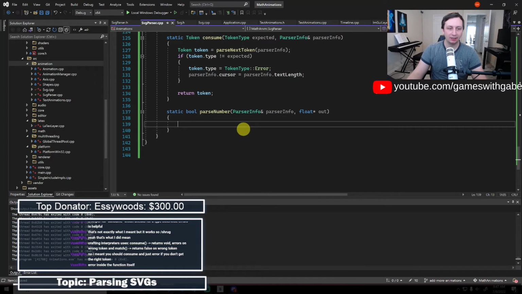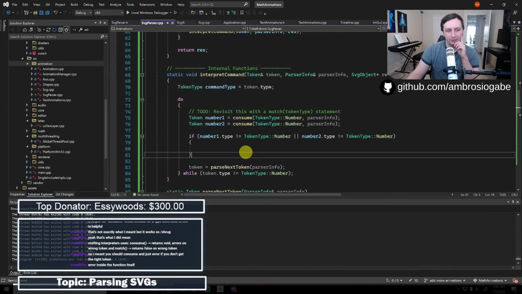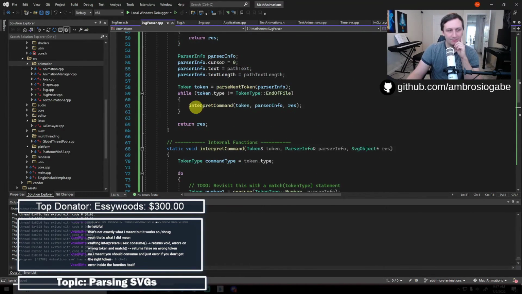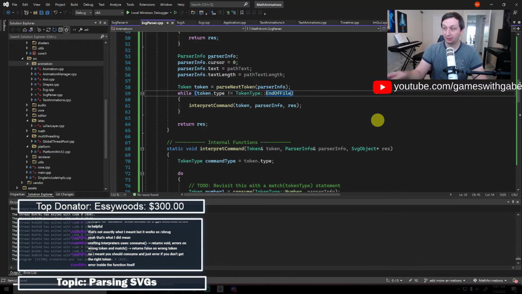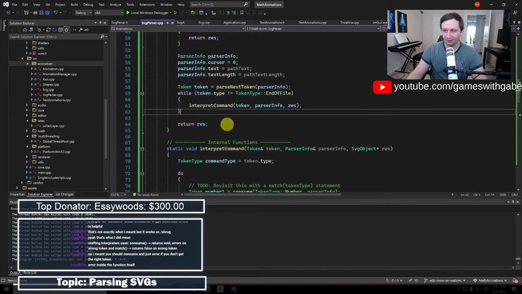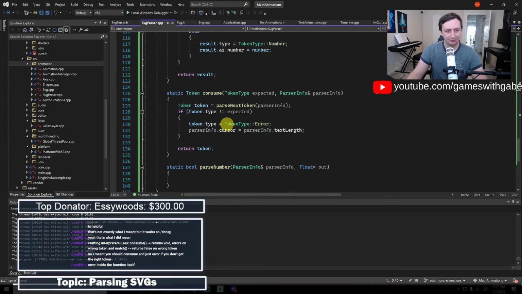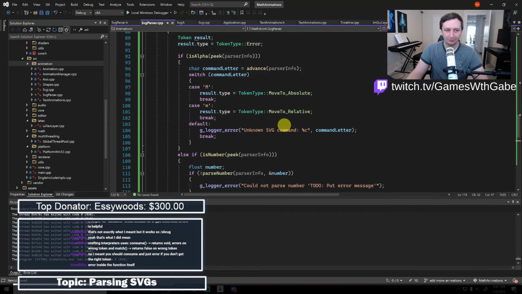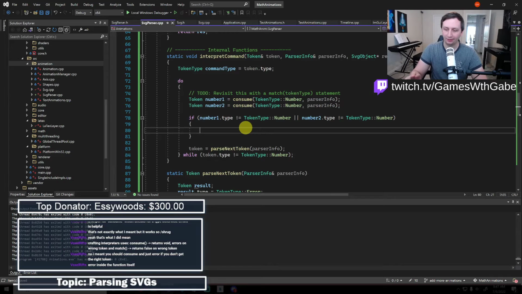Yeah, well, see, that's the thing. I don't want to, because there is a very real chance that I'm parsing invalid SVG or something, and I don't want to crash the whole program if it's false. I just want to display that error to the user. So that's why I'm kind of going around this in a little bit of a weird way. Because I kind of want it to continue running the program, this shouldn't be breaking everything. So it's a little bit trickier, I feel like. I don't know. Maybe that's not what you meant by error if you get the right token.